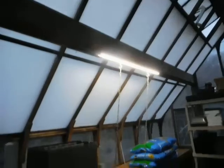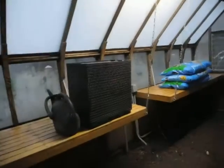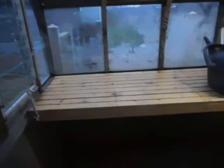We have LED lighting in here, and shelves which have been built so that we can raise seedlings. When we plant in the bed, which John has just put about 2 tons of duck manure into and tilled in all the way around, like a U-shaped bed around the central slate floor, you can see that this is really rich and will grow phenomenal vegetables for us, probably tomatoes and maybe